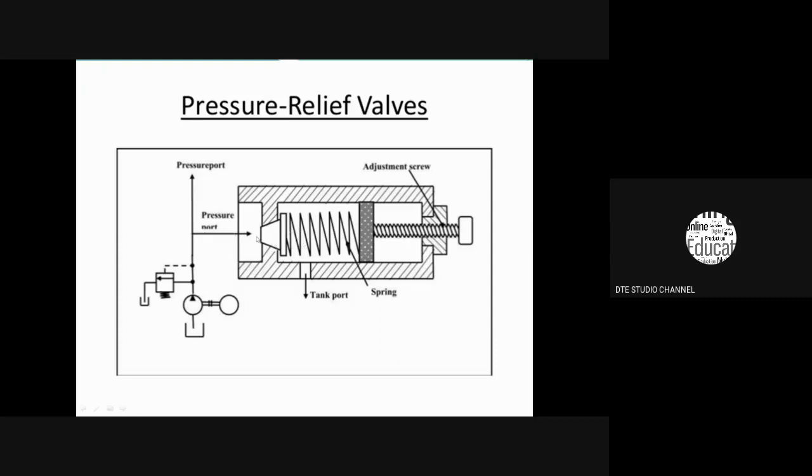Pump port is closed. Suppose the fluid pressure exceeds the limit, then the helical spring is compressed and the poppet is slightly opened. When the poppet is opened, fluid enters from the line to the tank port. Through the tank port, oil flows back to the reservoir. This is continued until the pressure of the fluid and the spring force are equal. When these two are equal, automatically, by means of the helical spring, the poppet closes the pump port.